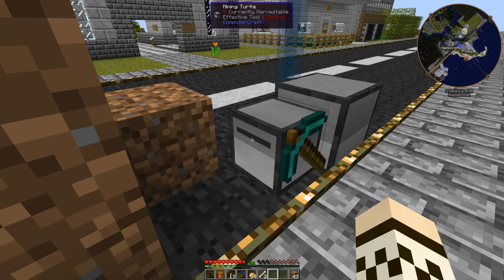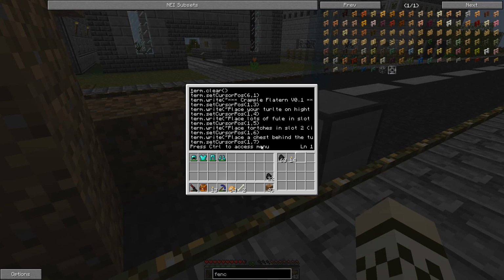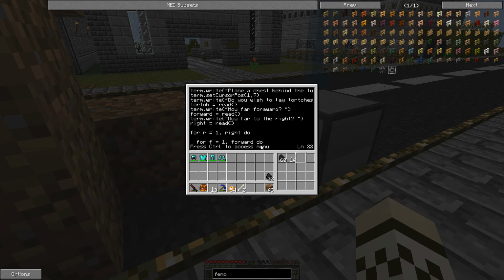Okay. Let's put some comments in our code and check it out. So, terminate that. Let's edit it. And we're going to comment it. So we're going to put some term dot right. Okay, so term dot right. Doing for doing row, or yeah, doing row. And we're going to have...